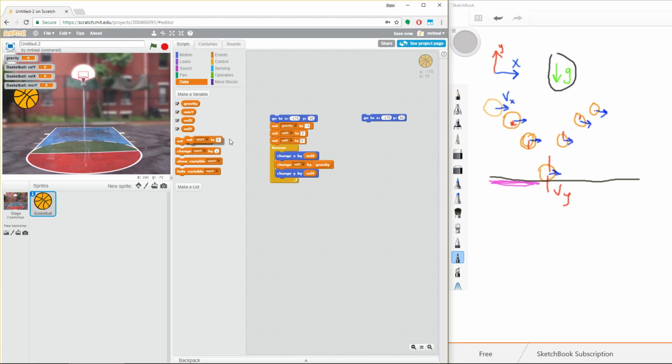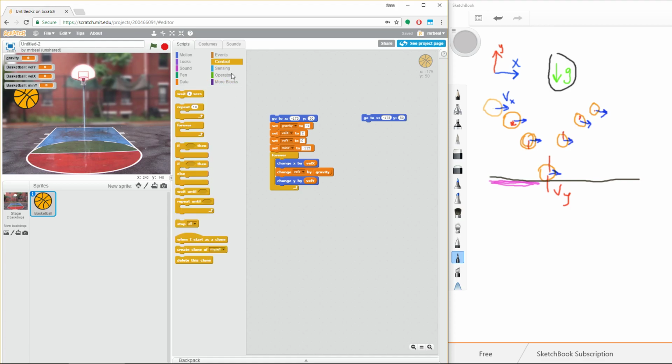Now at the beginning, we're going to want to set our minimum y value to be whatever you want it to be. I like bouncing off that white line on the court, so it'll be -115. And now, after we've changed our x, after we've changed our y, now we want to check, okay, if we are below that imaginary line,